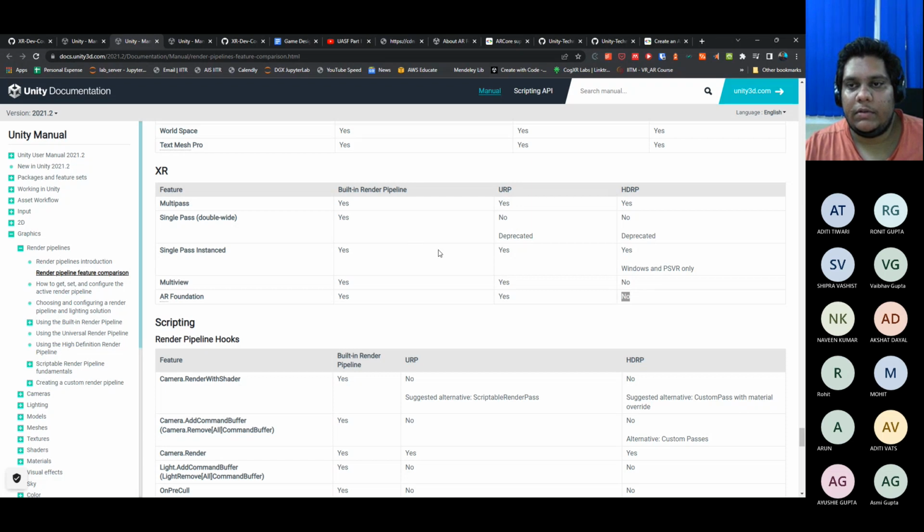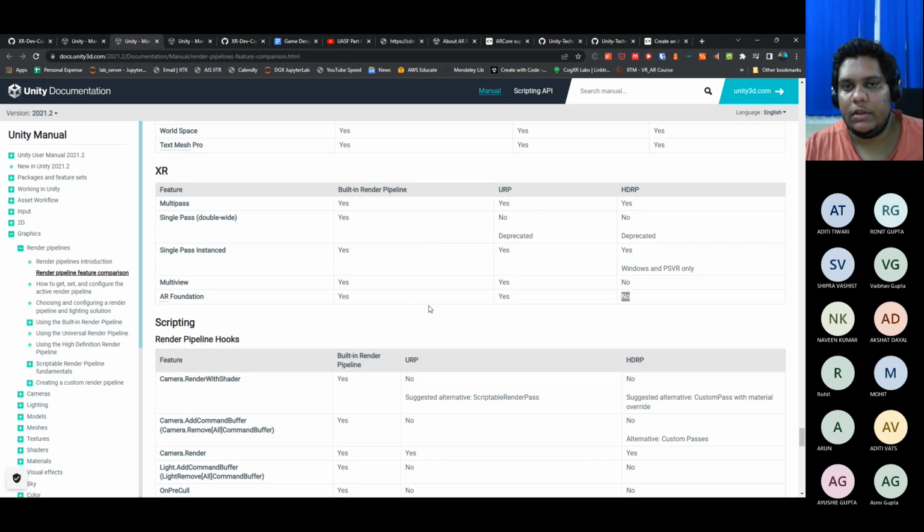Similarly, some other things are available but not for HDRP. Generally in XR applications, let's say for Oculus or mobile based VR, we should go with URP or the built-in render pipeline.